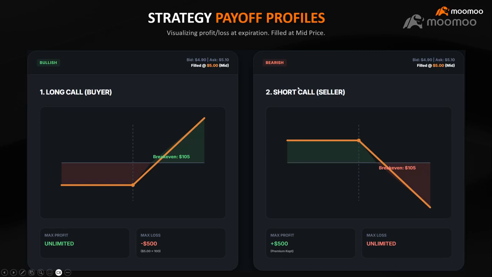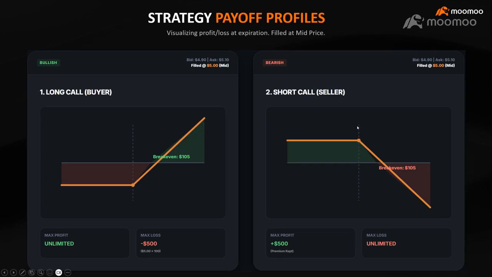Okay, but if you are shorting a call at this point, the maximum profit you can keep is what? The premium that you receive, right? So if you sell to open and it gets filled at $5, you are collecting $500. If the price remains below 105, you still profit. But if the price keeps going up, your max loss can be unlimited, because it can go up to $120, $130, $140, $150. So your max loss can be unlimited.